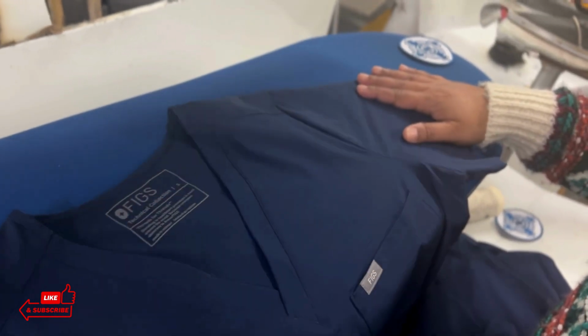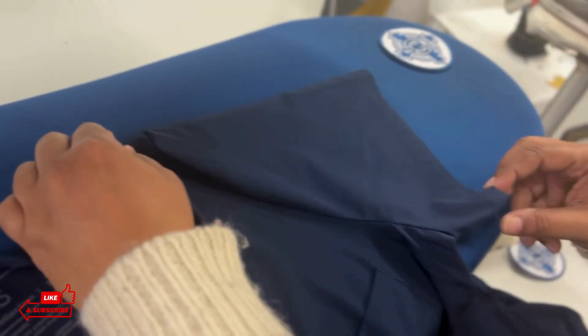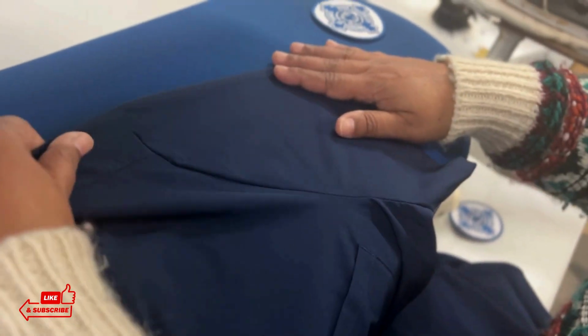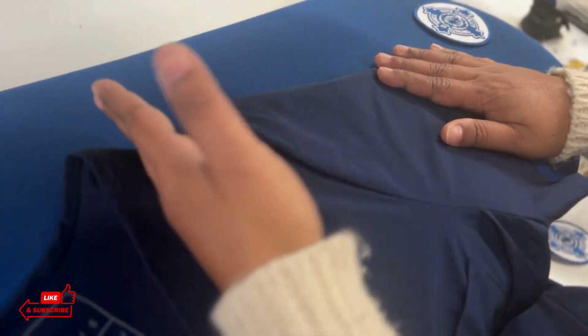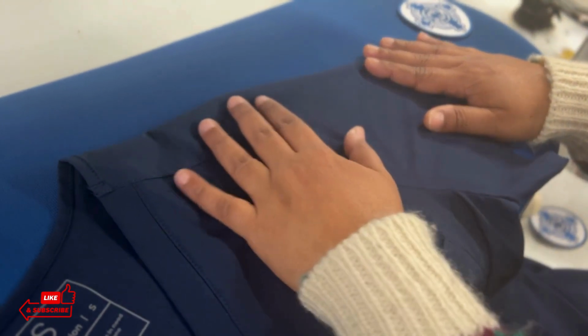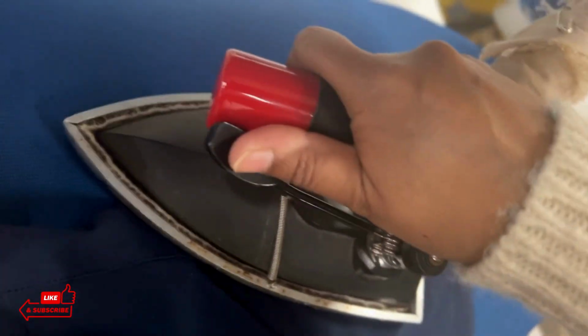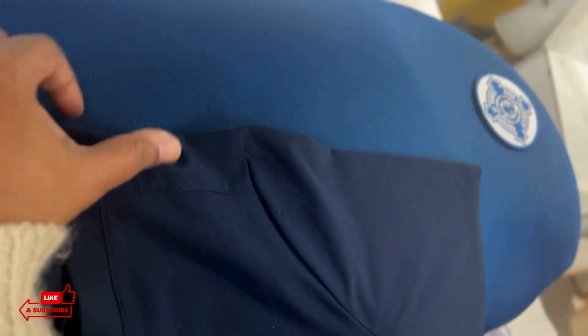A customer brought this scrubs shirt to put the patch on it. So it's supposed to be 2 inches down from the left shoulder seam. So this is the left shoulder. I'm going to create a temporary seam first with my press iron, and